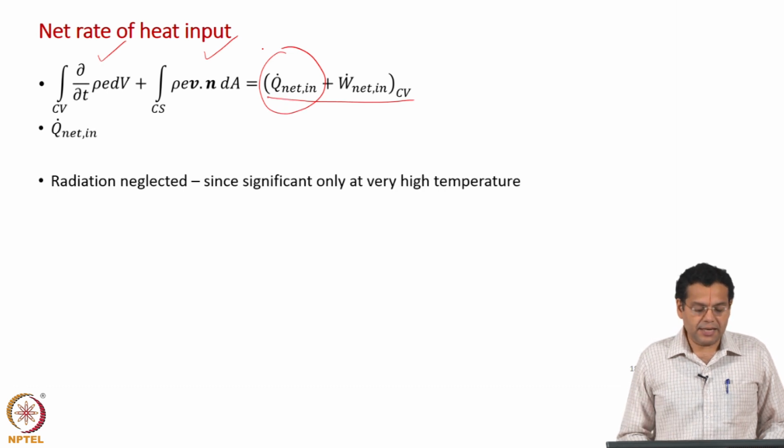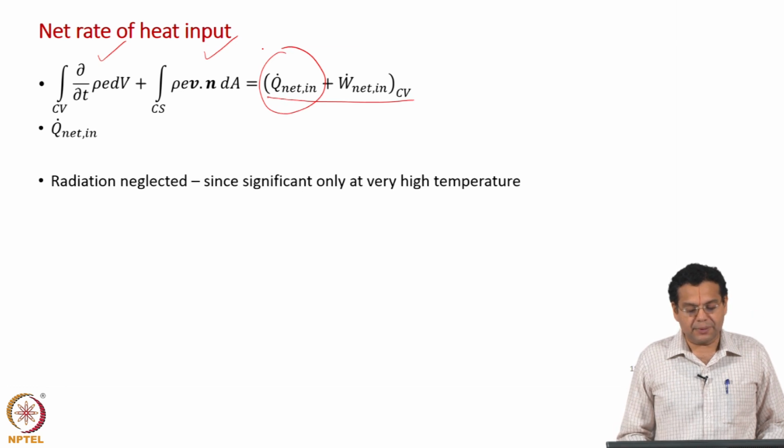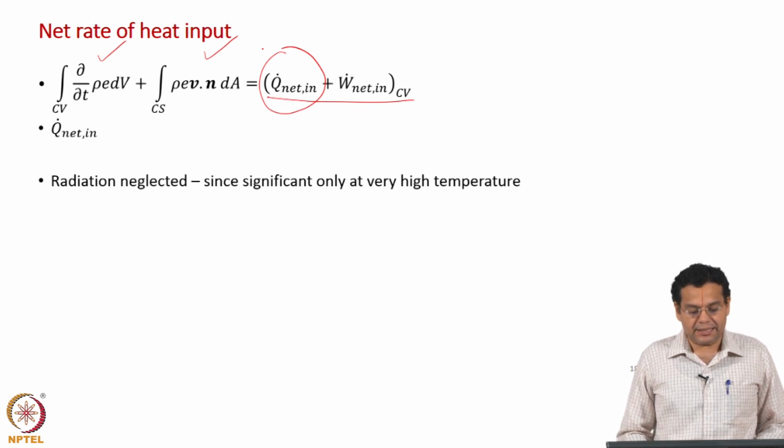radiation. Radiation is significant only at high temperatures, so we neglect it. In fact, not even high temperature, it is at very high temperature. Okay. Let us say 1000 Kelvin, 1000 degrees centigrade, at the order of such a high temperature radiation is important. We will restrict to not so high temperature. So, let us neglect radiation. Now,